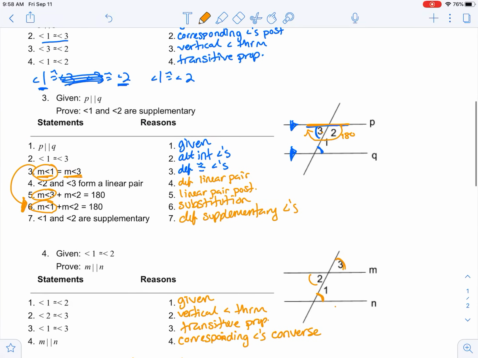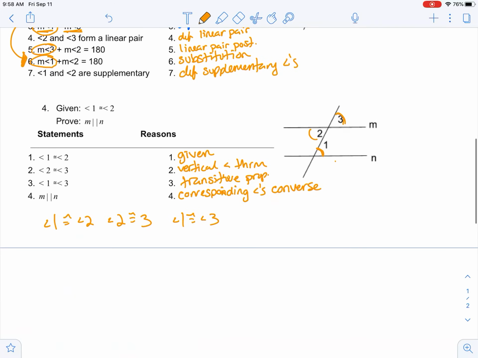Okay? So pay attention to whether you're going from parallel lines and using the definitions, or if you're using the definitions and then saying that the lines are parallel. Because if you're using the definitions and then saying the lines are parallel, you're using the converse. Okay, so these are the types of proofs that you're going to see in Chapter 3. We are going to practice these tomorrow. If you have any questions,